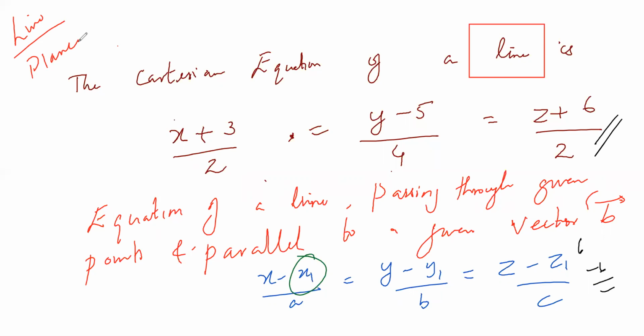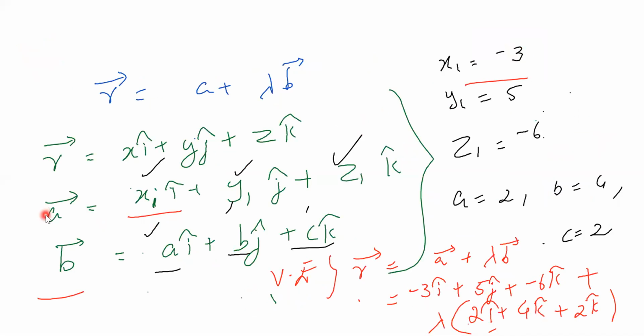Correct? So next, I have to be well versed with the Cartesian equation of a line, that is (x − x1)/a = (y − y1)/b = (z − z1)/c. The important thing is, whether it is for an entrance exam or for the board, we have to identify the question, or else we will be confused. This is the Cartesian equation of a line. And always remember this; I'm going to draw it in a box so that you remember it forever.